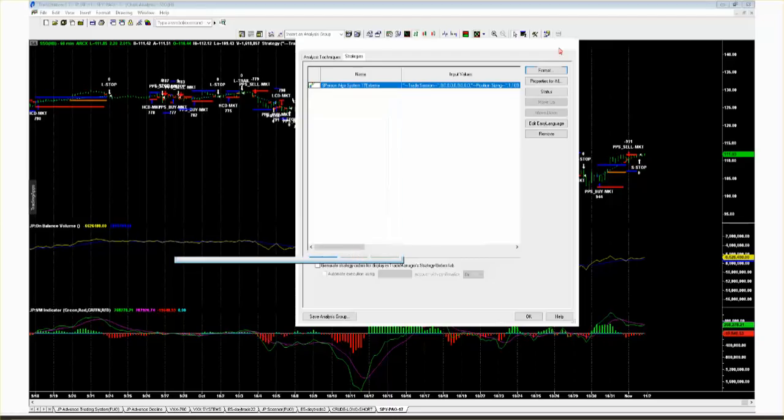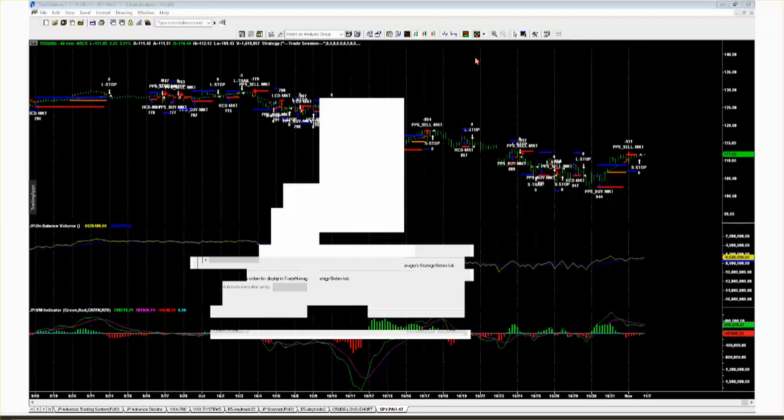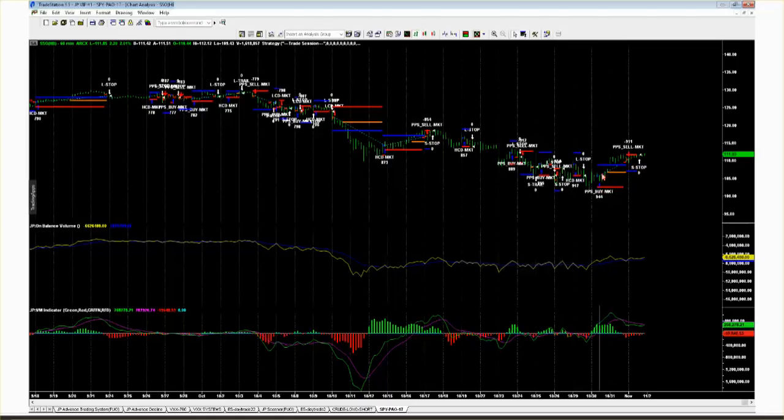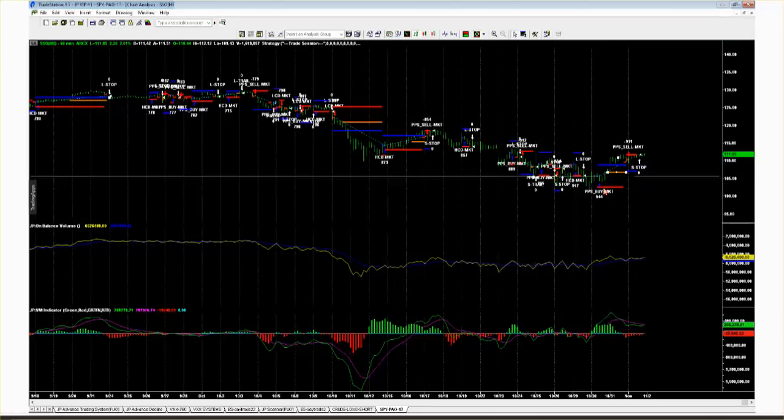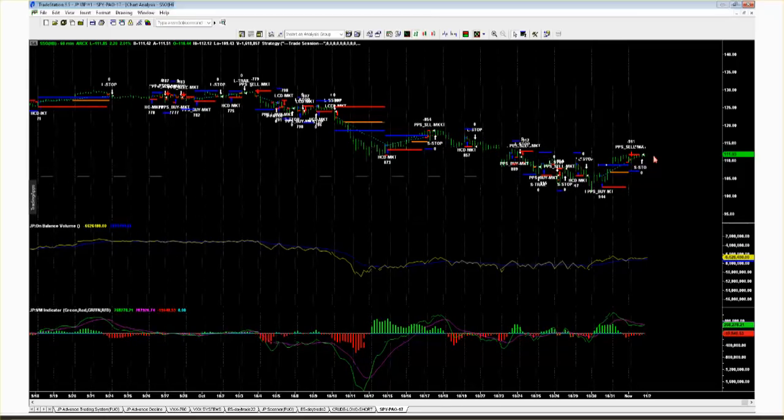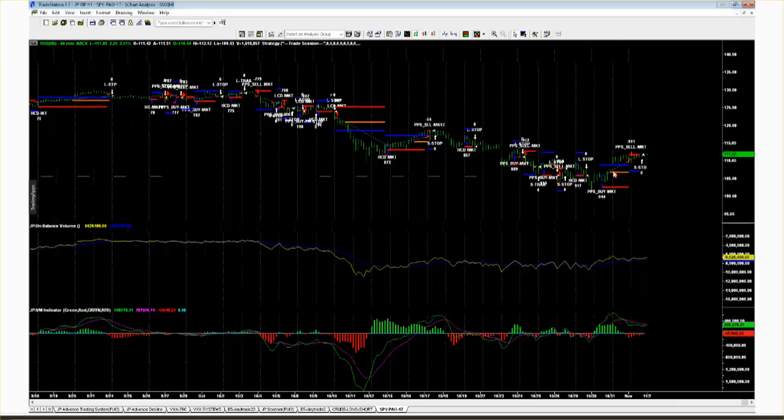What do I mean by that? And we'll get back to our optimized settings in just a second. If you have a buy signal, for example, in SSO, it'll tell me where the new trailing stop is. It'll tell me what the original stop was, and then I can see where my profit target might be. But now that we've eliminated that, we can also see where our trailing stop function would be.